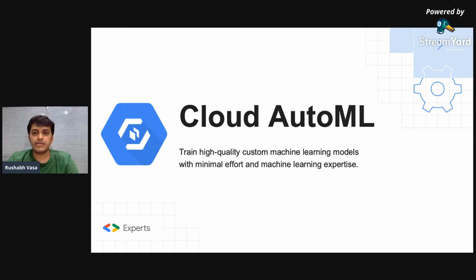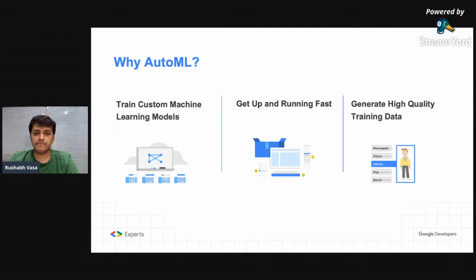In a simple way, you can create your own custom machine learning models with ease, using a graphical user interface. You don't have to worry about complicated machine learning algorithms and TensorFlow. You can start using this product and start building your own ML models.